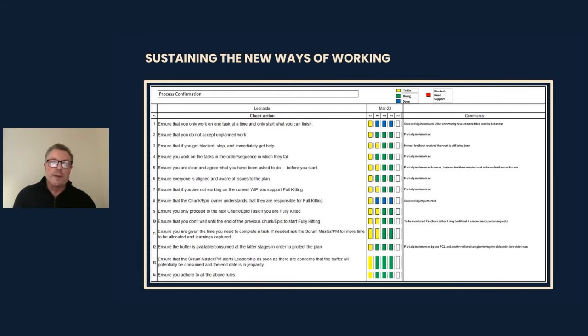So before we jump straight to actually we need to fix the people, what we first have to do with process confirmation is understand, if we've agreed with a team a new way of working, and if that new way of working is not happening, how can we as leaders, number 1, be clearer in what needs to be done? Number 2, make sure that we've given them the skills. And number 3, make sure that we've removed all the blockers to them actually working in the new way. Now, if you've done all of that, potentially what's left is the person chose to not work in the new way.